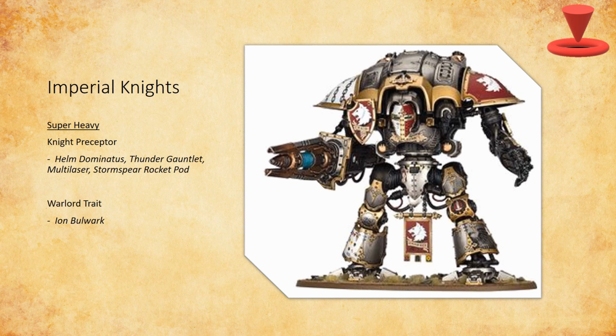Both these ranges include the bonus granted thanks to Blessed Arms, and in the Engine War book, there's also a stratagem specifically for the Preceptor that allows you to change the latter profile from d6 shots to an automatic 6, which makes his weapon incredibly deadly. It's also the only knight in the Codex that can take a multi-laser, which doubles the output of the standard heavy stubber for free, and I've also chosen to take the Storm Spear rocket pod, rounding out its shooting with